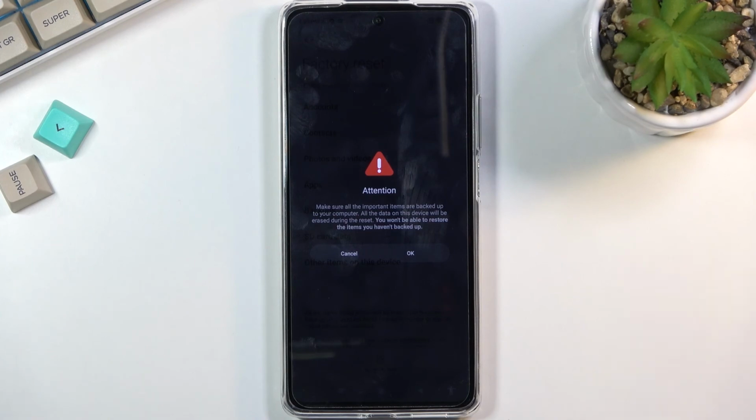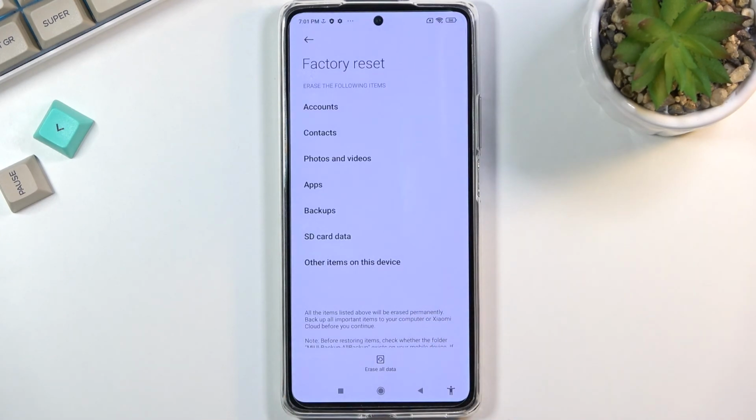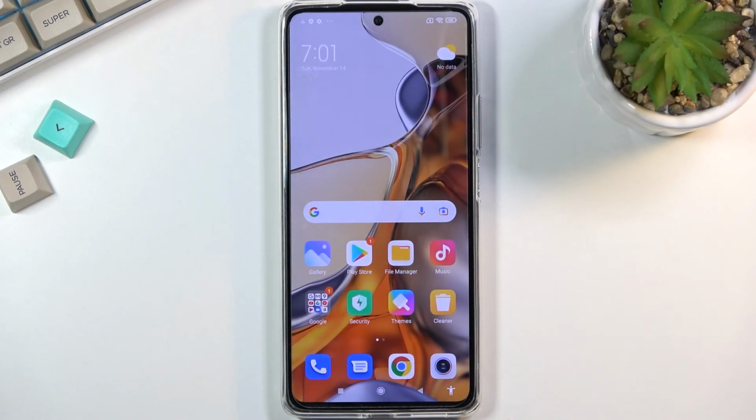So that's basically it. That is how you bypass the Google verification on this